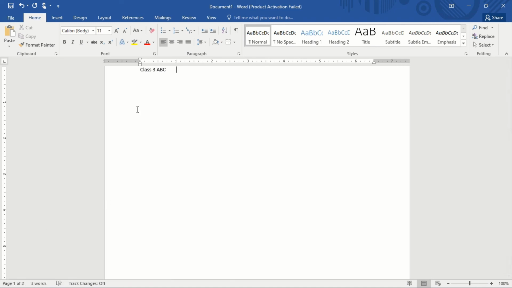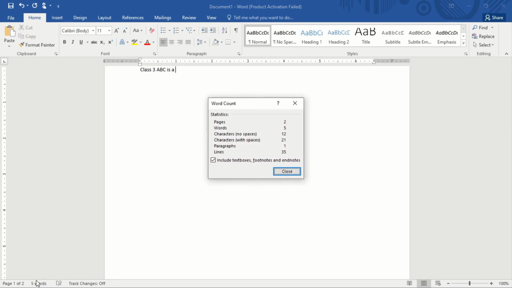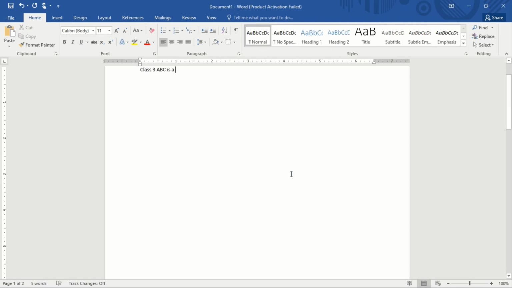You can see here it is showing I have 3 words. If I write one more word, whatever I am writing, you can see the word count going on. This is showing that 5 words are present on the screen. So this is how we have done the scroll bars. We have learned about the status bar, and then the working area. We know that this is the working area.